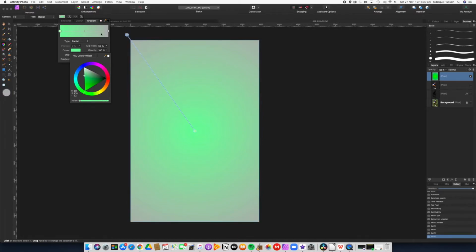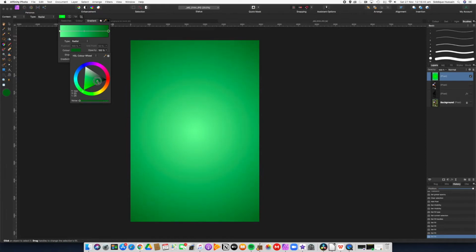that. And then the outside, which is this colour here, we want that to be a darker green, and we just move the colour wheel to the green that you want on the outside. So maybe quite a dark green, say something like